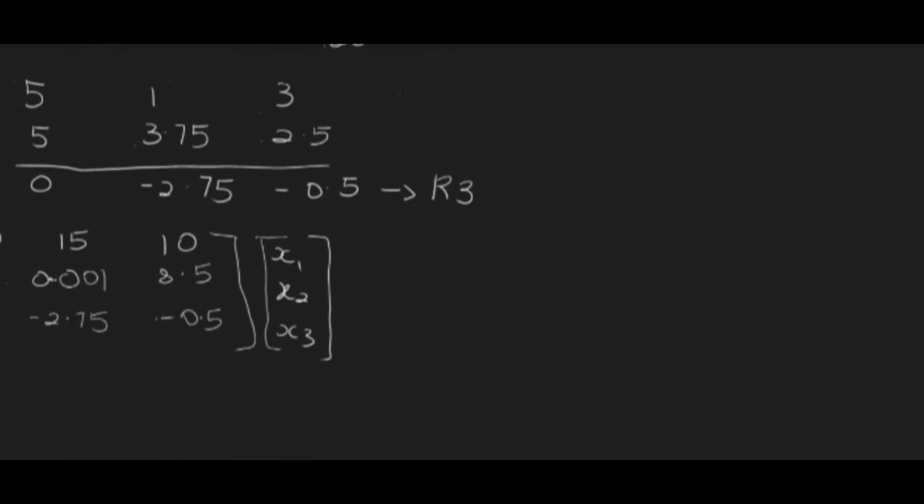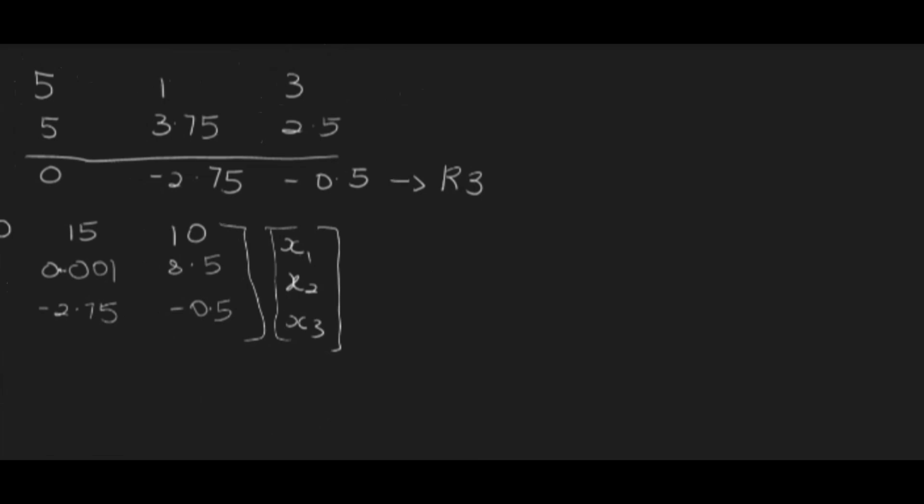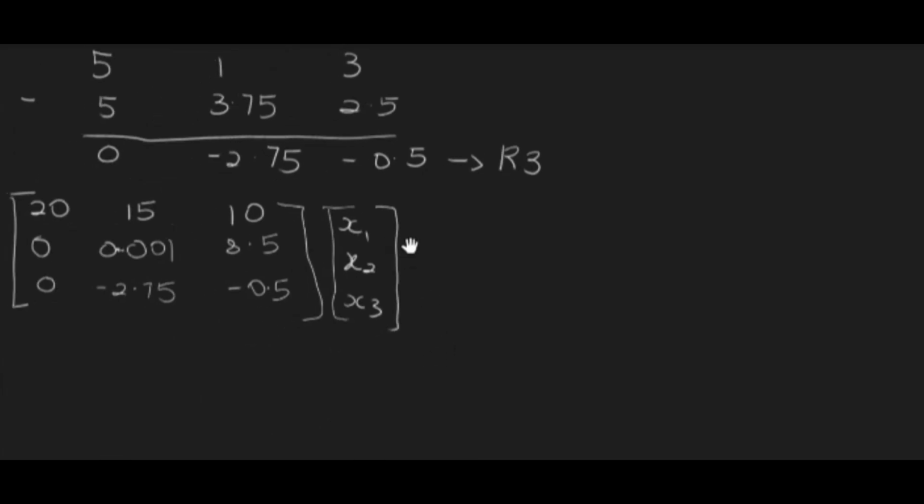So let me write it. So this will be equal to, the first one is 45, then our second entry after modification is going to be 8.501,